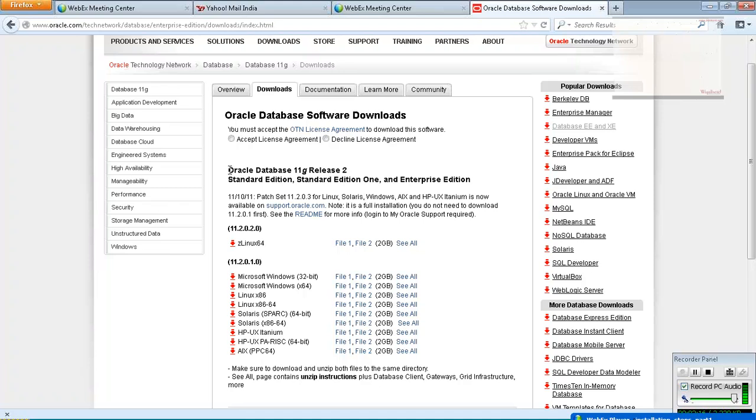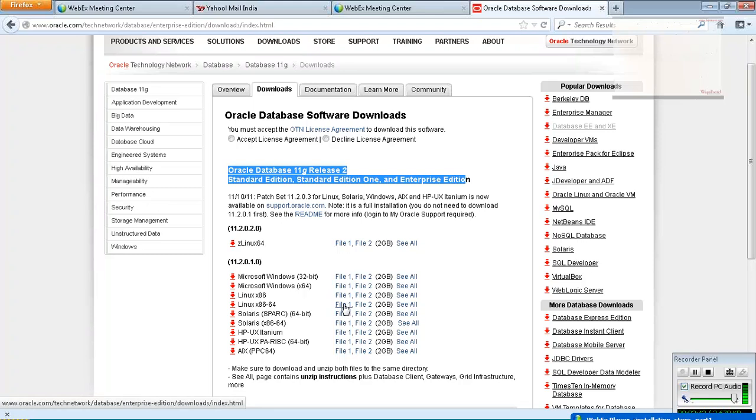And then you can get another piece of information here, that is Oracle Database 11G Release 2, Standard Edition 1, and the Enterprise Edition. All these softwares are downloadable from the Oracle website. And apart from that, there are certain other additional softwares available. For example, see the Linux x86 64-bit. You can see that there are file 1 and file 2, which means almost a 2 GB file. File 1 and file 2 consist of 2 GB in total, and this is actually required for the Oracle